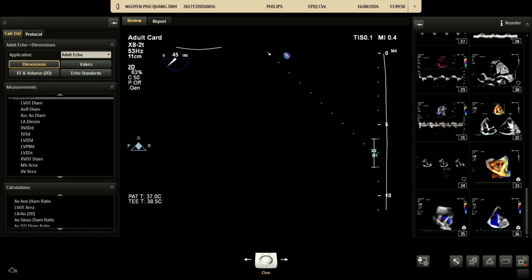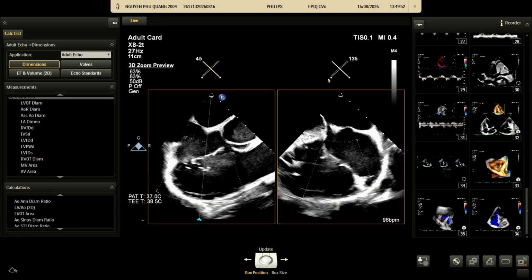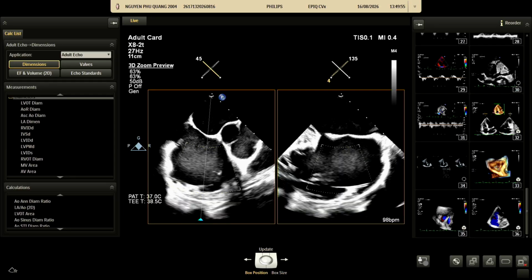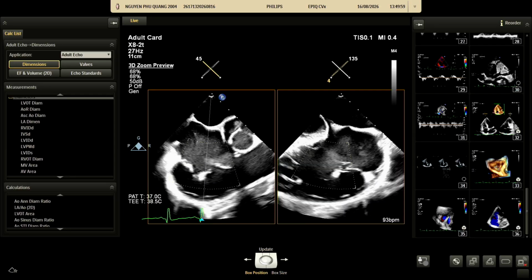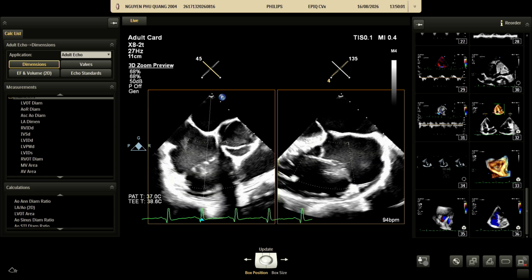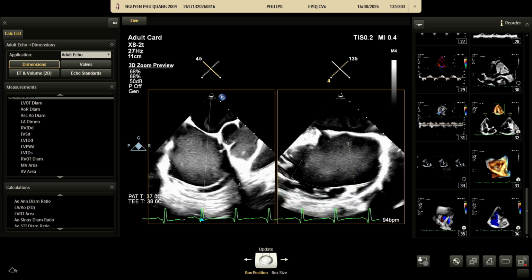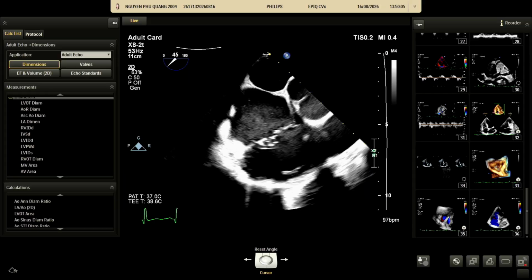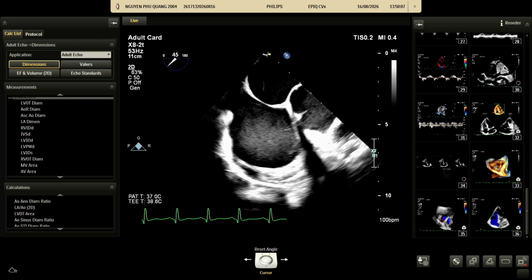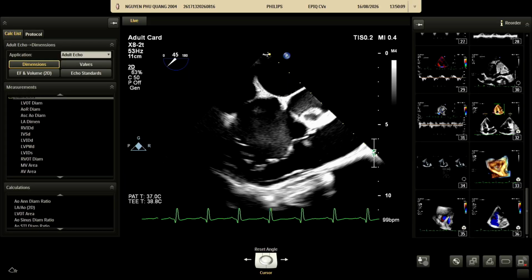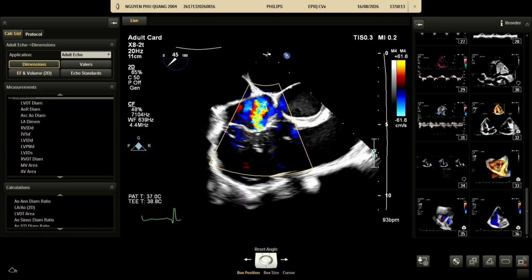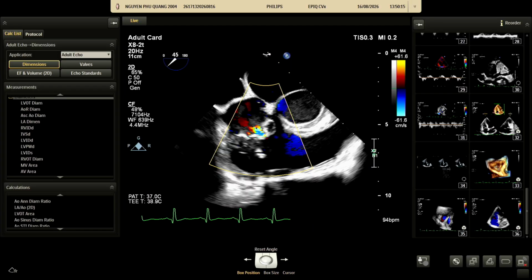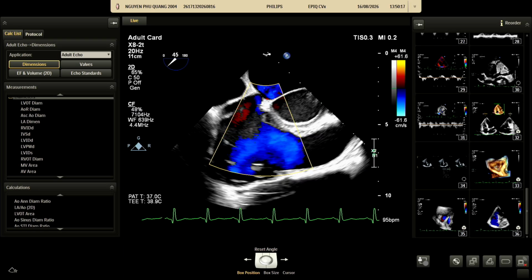You can do a 3D here. You've done that already, right? 3D here. Color. Explain.